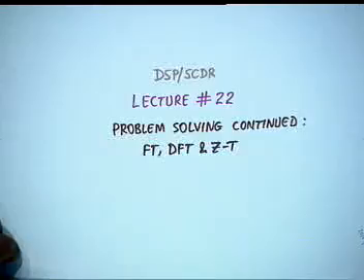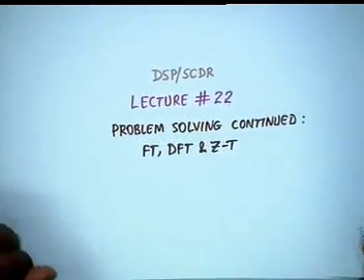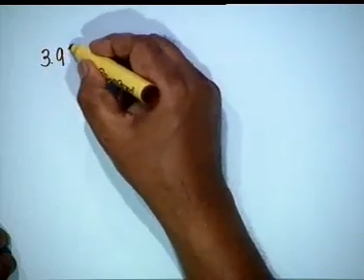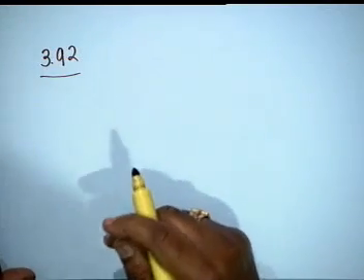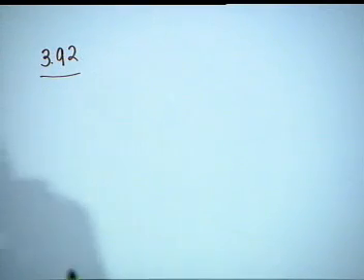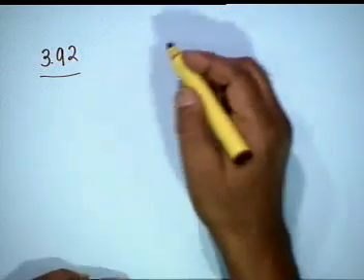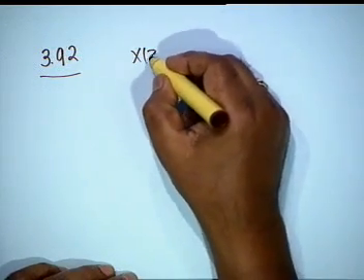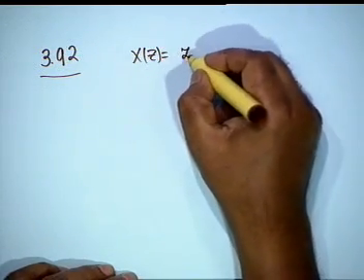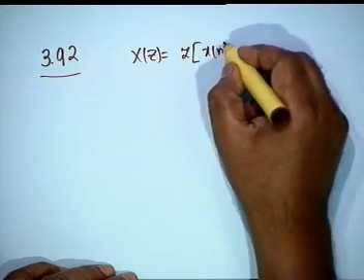This is the 22nd lecture and we continue our problem solving on Fourier transforms, discrete Fourier transform and Z transform. The problem that we start with is 3.92, and the statement of the problem is: let X(z) be equal to the Z transform of x(n),